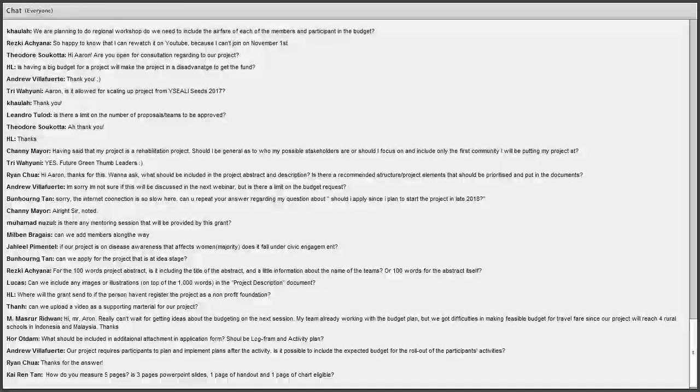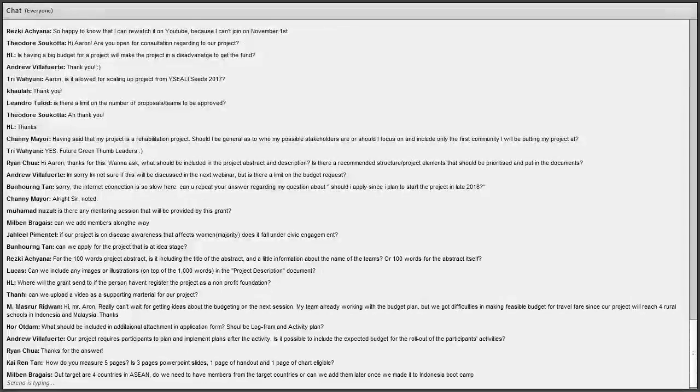That is what the kickoff workshop is in Jakarta, as well as throughout the time that you are having the grant. If you have questions, we are able to provide you with Cultural Vista's over 600 plus alumni network within YSEALI, but also the entire YSEALI community, the 110,000 member strong community. We will be able to connect you with people that can provide input and support on your questions.